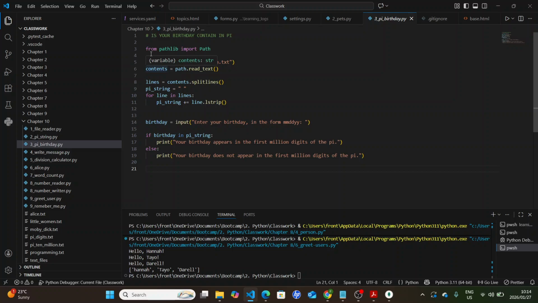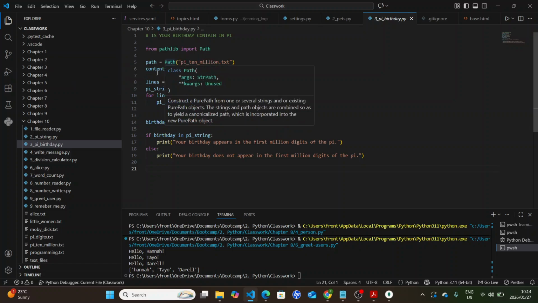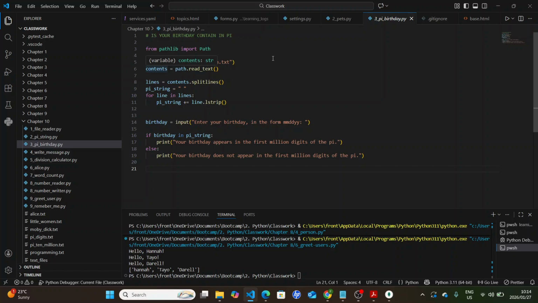So our first line of code is from pathlib import Path. I believe pathlib is one of Python's modules, so we imported that in this exercise. So we say path is equal to Path pi_10_million.txt, which points to a text file that contains many digits of pi. And contents is equal to path.read_text. Our read_text function is a method that reads the entire file into a single string,